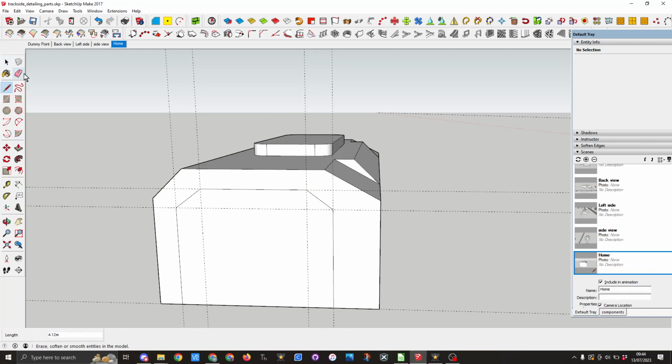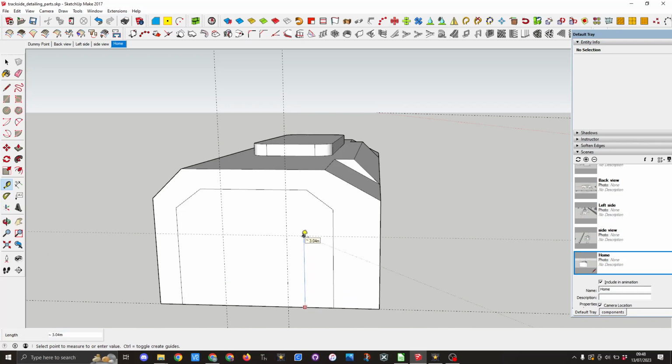I now want the eraser tool. I'm just going to delete these construction lines. So as you're moving around with the mouse and the left mouse button pressed, you can delete 2 things or 3 things all in one go. So we need a few more construction lines, and from here I need to move this way on the green axis 1.8, a second one from this point 4.3, and then I want one on the up section, and this one needs to be on the blue axis, and this needs to be